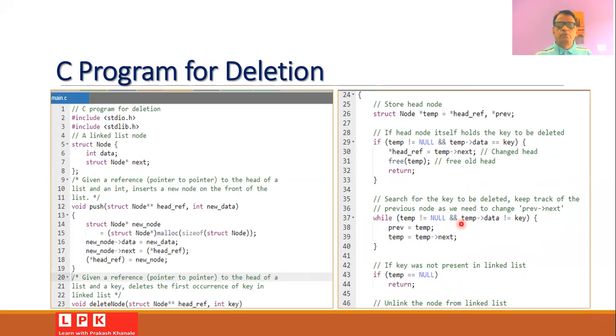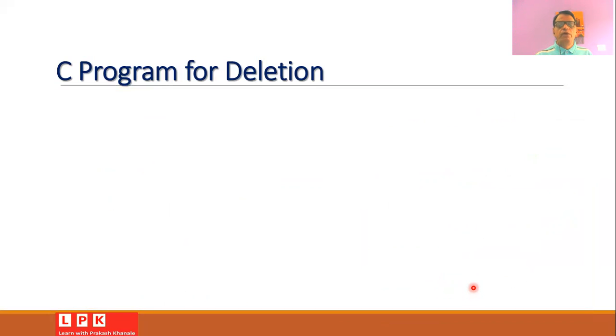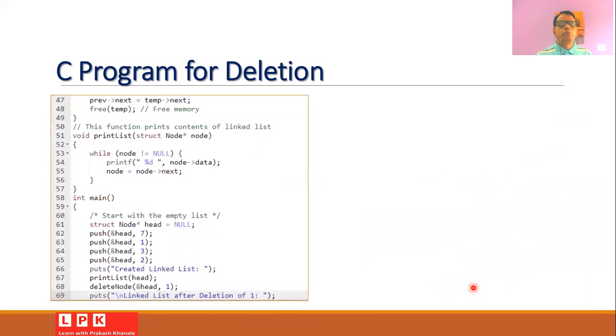Otherwise, we will make use of the while loop and we will check whether the key value gets matched with the data value. If the key value doesn't get matched with any one of the data values, then in that case we will return and we will not perform the deletion operation. But when we perform the deletion operation, then we need to free the memory, and by making the free statement or free function, we can free the memory. Now we can write another function, print list, where we can print each and every element of the linked list by making use of the while loop.